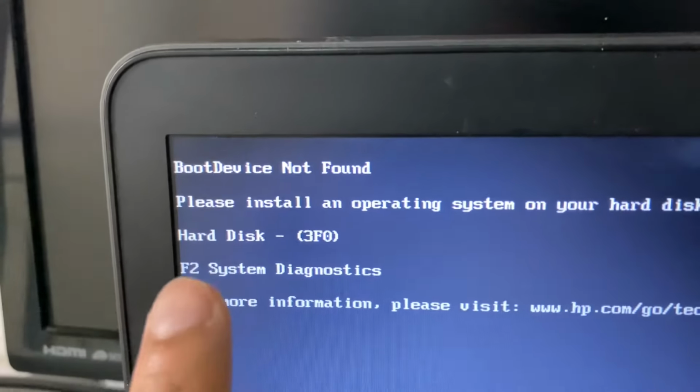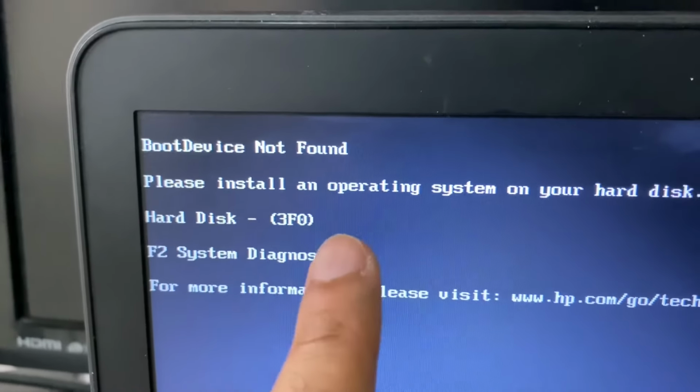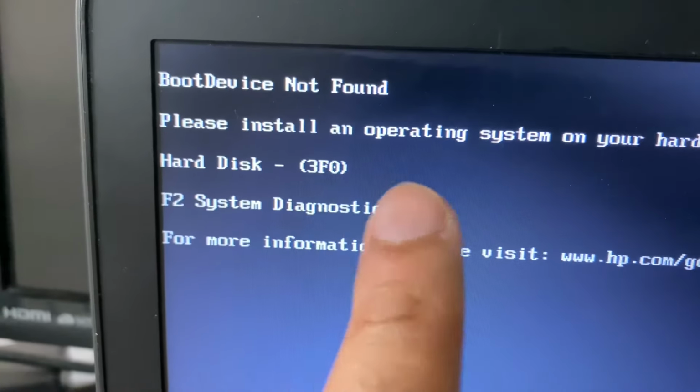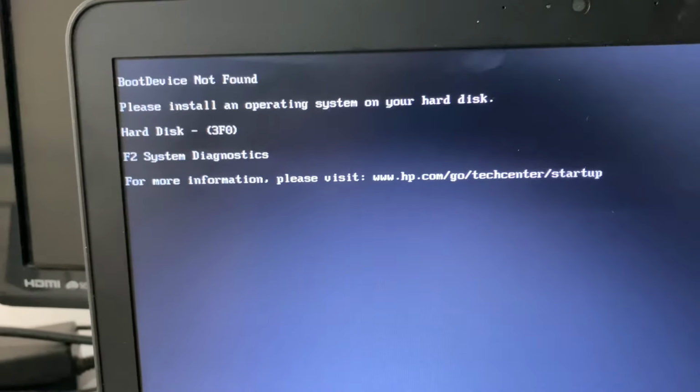So if you're facing this error on your laptop or desktop, boot device not found, please install an operating system on your hard disk, and you can see the hard disk error code 3F0. So if you're facing this error on your laptop or desktop, in this video I will show you how to